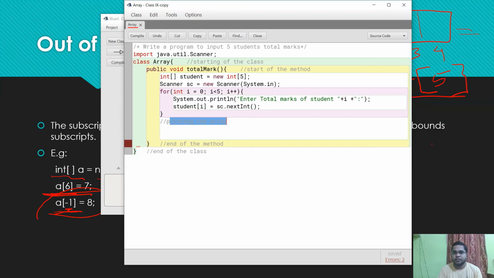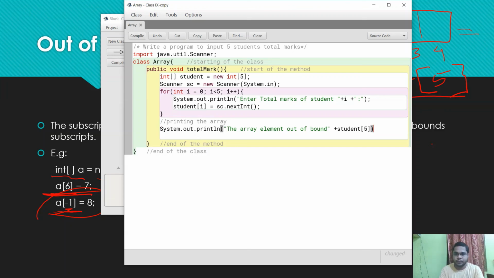Now here it is given a printing statement, System.out.println, out of bound. Now here I give an index other than 0 to n minus 1, that means other than 0 to 4. Let it be student of 5.